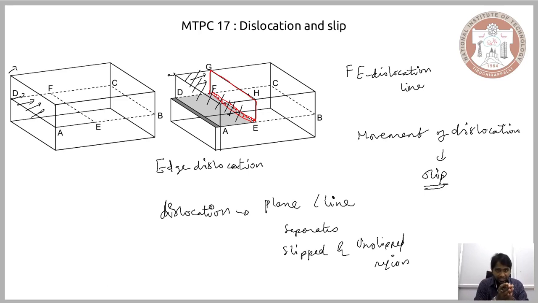So it is the dislocation line, or the position of the dislocation, that separates the slipped region from the unslipped region. So therefore, the dislocation line, or the overall plane of the dislocation line, can be identified as the region that separates the slipped region from the unslipped region. Now this can be easily understood when you consider how the atoms, or the position of the atoms, change when you impose the stress.